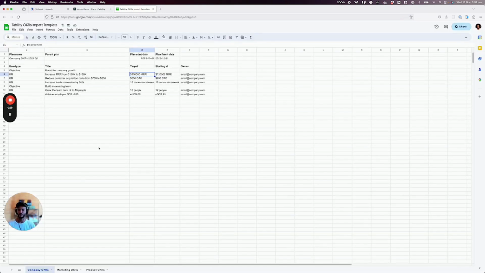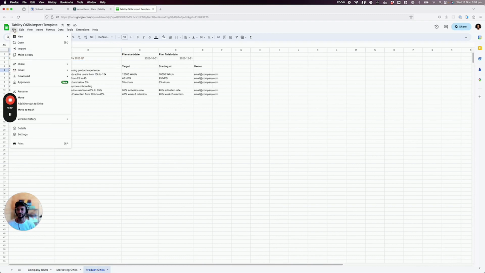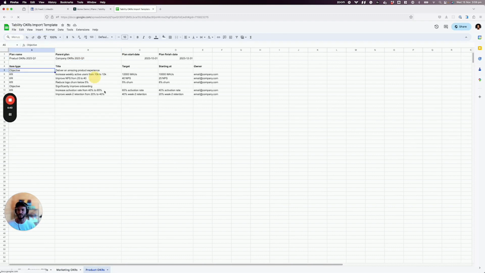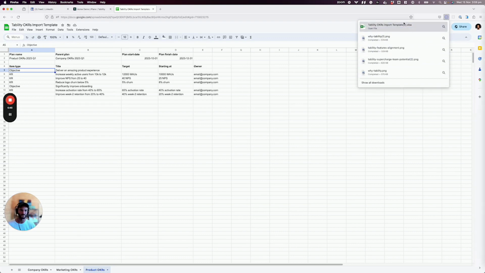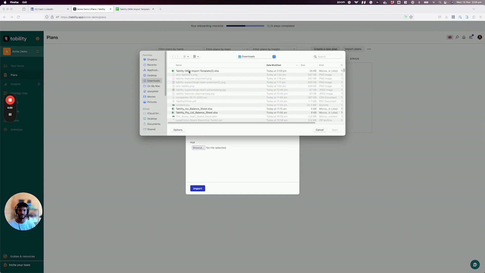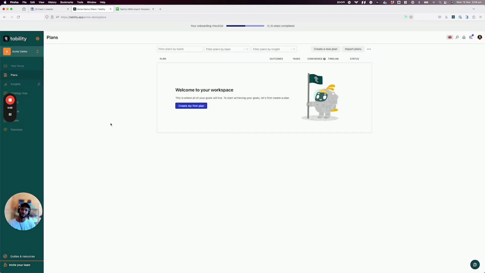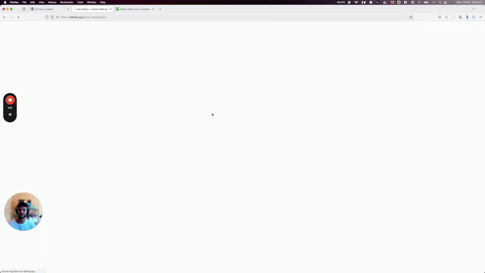So now what you can do is format your spreadsheet in this template, which is pretty easy, right? One plan per sheet, and then you just list the objectives and the key results. Then you can download this as an XLS file, and then I can go here, import plan, and select this in here. And then if I click on import, it's going to create all the plans for me, right? So if I reload this,